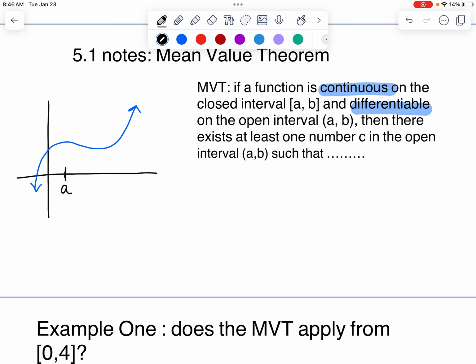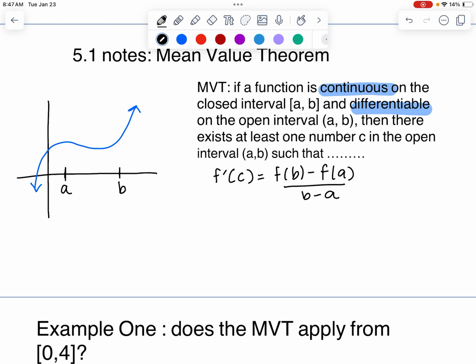I'm going to call this A. I'm going to call this B. So it says that then there exists at least one number c in the open interval such that, and so this is the theorem, f prime of c equals f of b minus f of a all over b minus